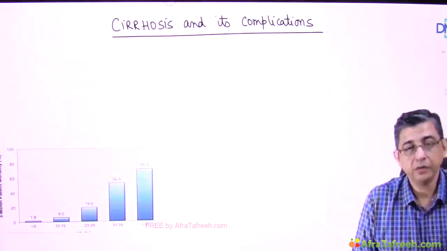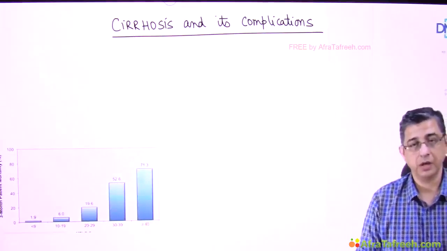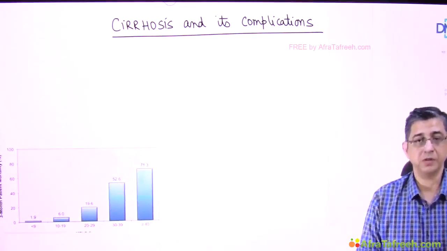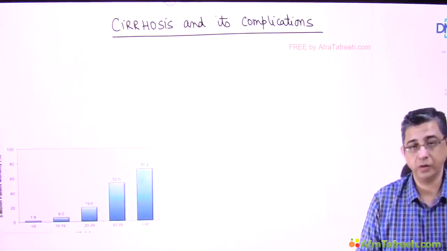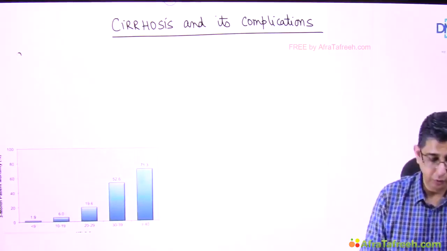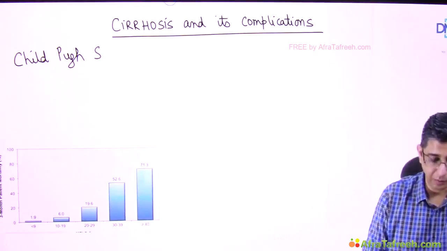Hi guys, welcome back. We shall now be talking about aspects related to liver cirrhosis and its complications. The first objective of yours as a physician is to identify cirrhosis, and second would be to determine whether it is compensated or decompensated. So what do we do for it? Well, we use a Child-Pugh score, or we can use a MELD score